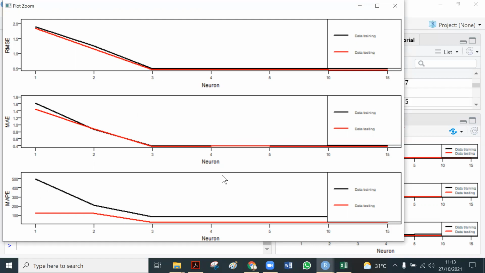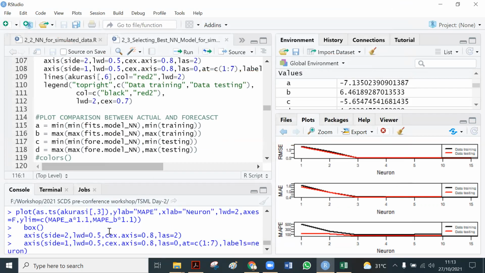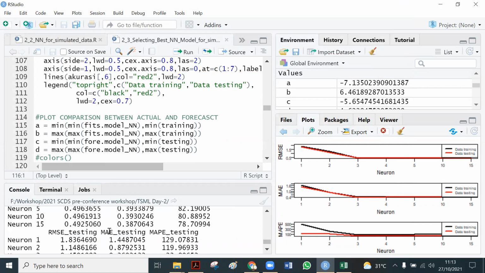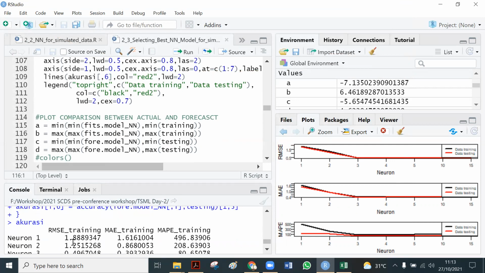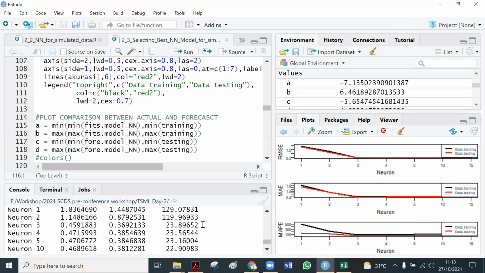So in this case, we see that 3 neurons is enough. Or we can see clearly from the graphs.